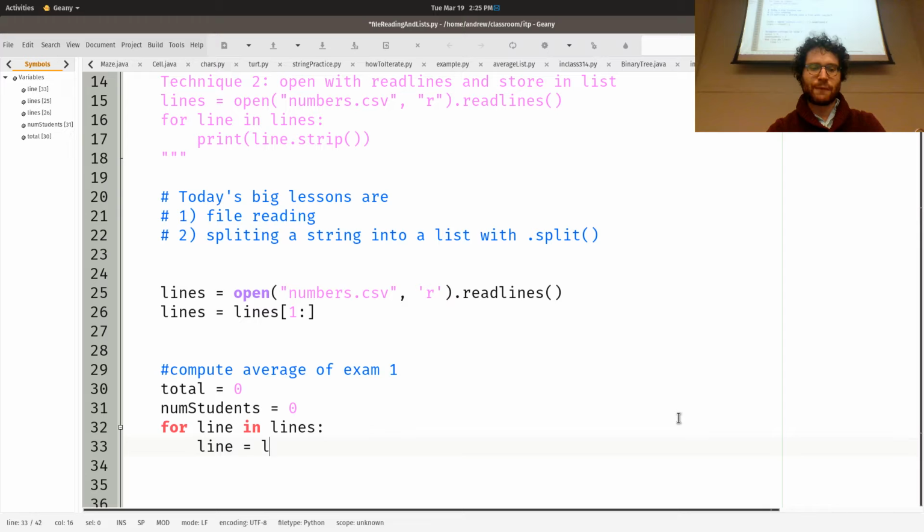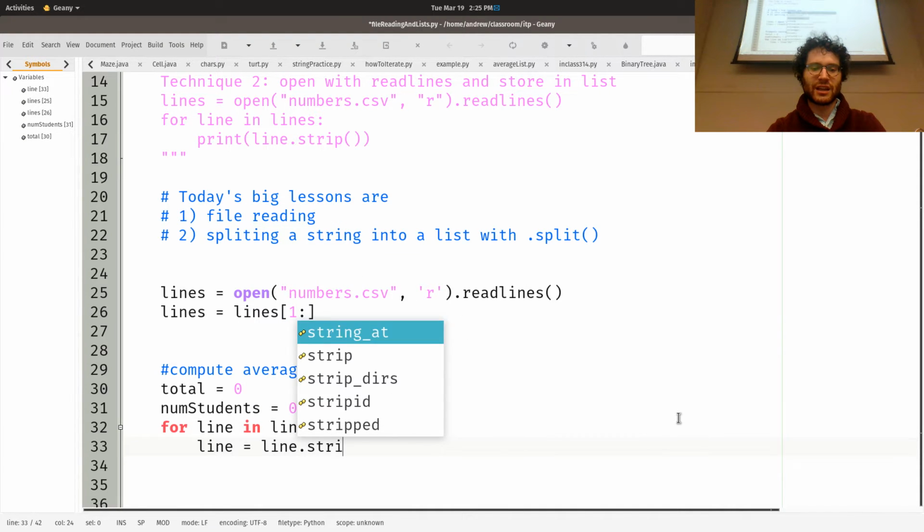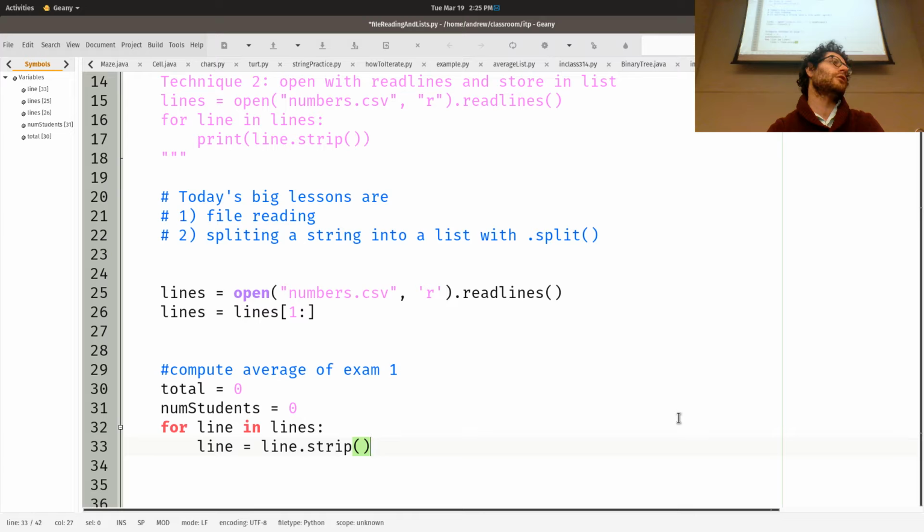So I'm going to say for line in lines, line is equal to line dot strip. First, I'm just going to get rid of any newline that comes after it, because that's annoying, right? Just practice on my part. And then I'm going to print the line right now. And then I'm going to say line is equal to